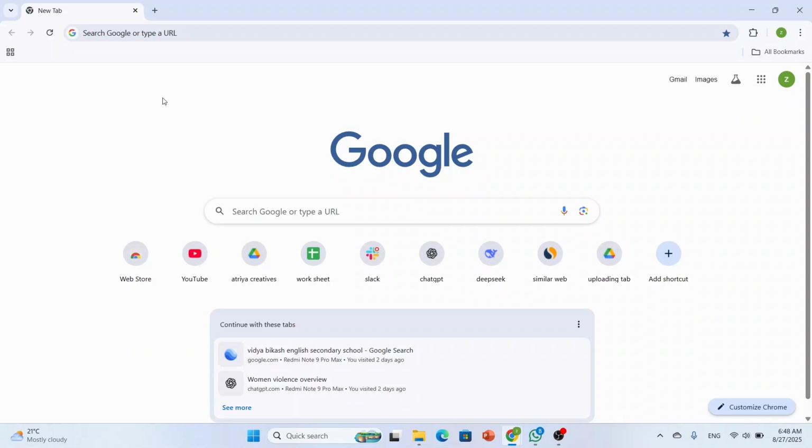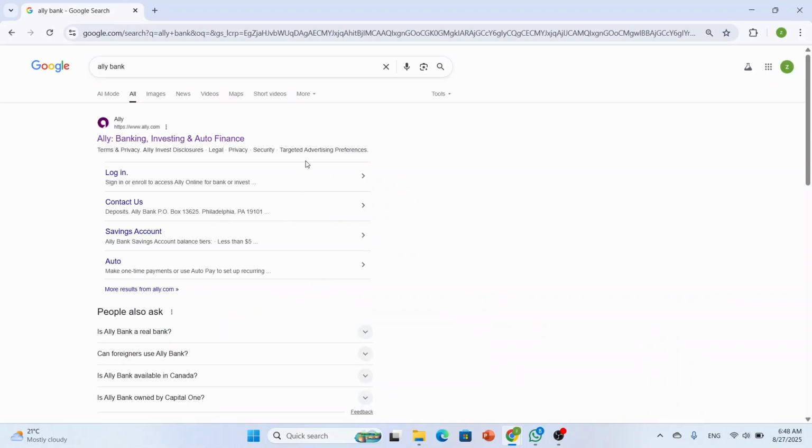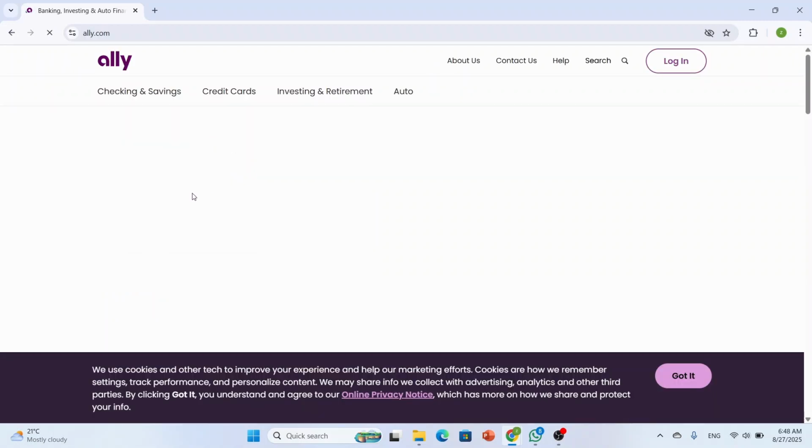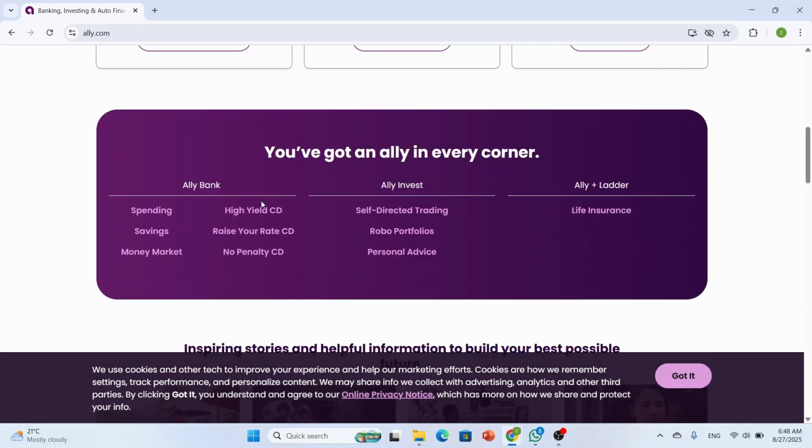So first things first, open any web browser, and once inside, you can just click on the search bar and simply search for Ali Bank. And now from the search results, just click on the first link, and after that you'll be taken to the official website of Ali Bank. Now here you simply have to log in using your credentials, and once logged in you'll land on the account